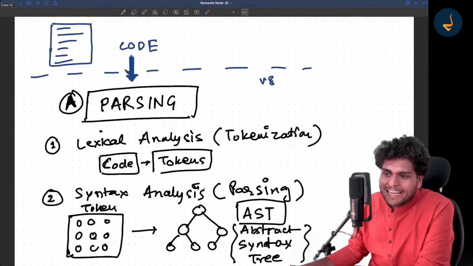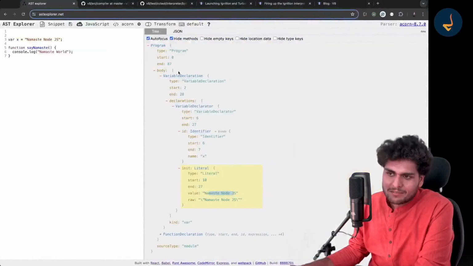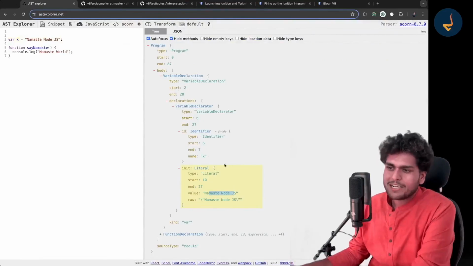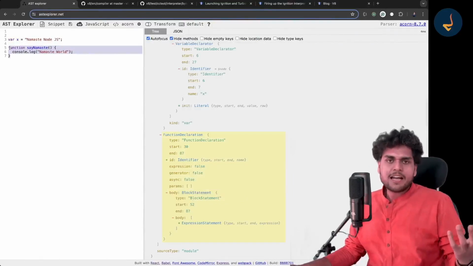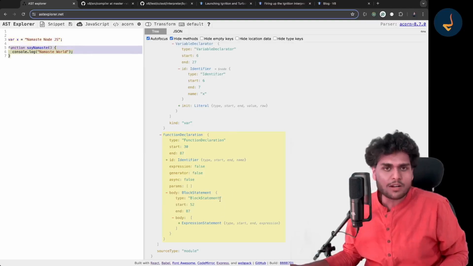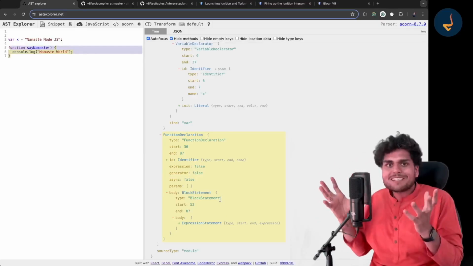Now in the diagram, I am showing it to you in a fancy way, but this is a kind of tree structure, right? If you draw it, it looks like a tree structure. And if you make it more complex, try to play with it, right? I'm not doing it right away. Just try to see how functions are stored, how functions are converted to AST. It's a very amazing thing in itself.